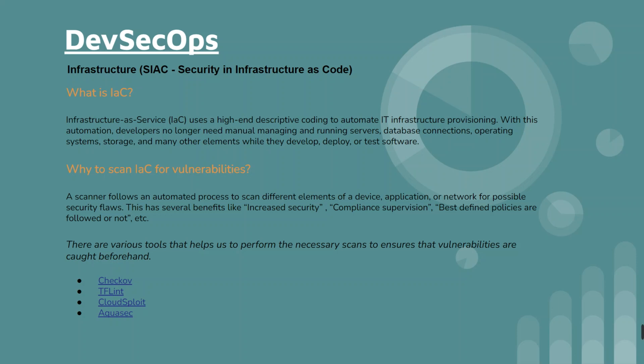So I have done this entire end-to-end automation using Aquasec. But overall, this is what I'm referring to, SIAC, security infrastructure as code, right? So we have to perform all these necessary scans in the infrastructure component as well,